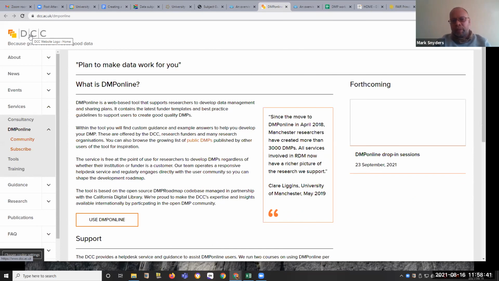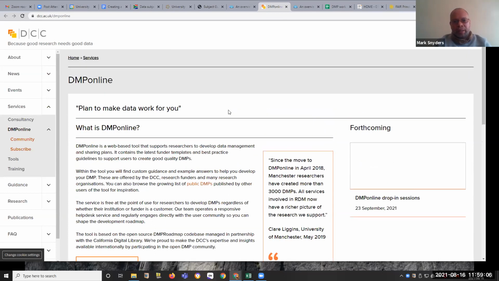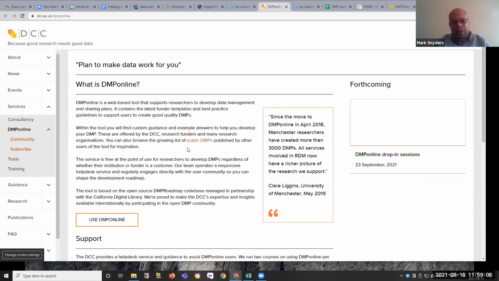So as far as the DMP Online is concerned, it is an online platform that you can use to help you build a data management plan. Bear in mind that this platform is going to store your data management plan at some point, and there are workshops that will help you identify what to do and how to do it. However, it can be particularly complicated. One of the advantages of this platform is the public DMPs, where you can have a look at what a DMP that someone else has produced looks like.